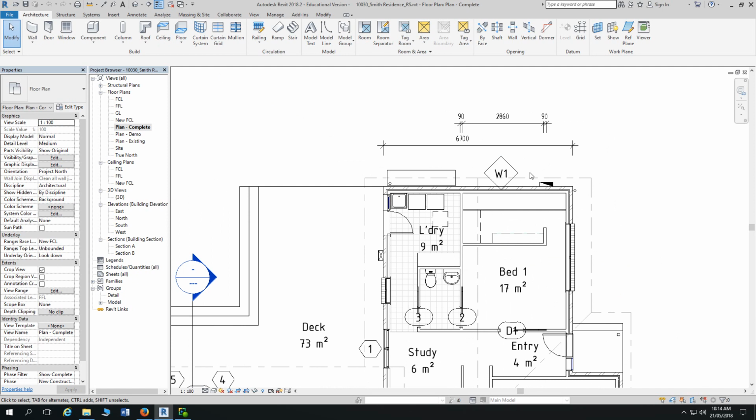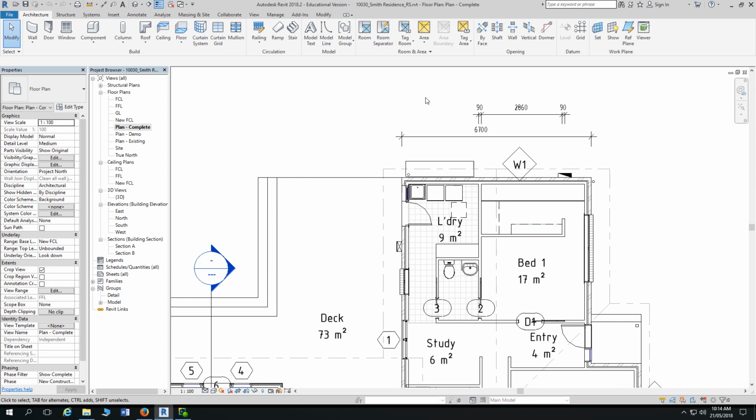So I think everyone put a few initial dimensions in up here on the northern side of the building. Now, just a couple of things with dimensions. When you're actually dimensioning, it's important that when you are placing dimensions, you add them in a continuous run, so you don't stop and start. I mean, you can stop and start, but what I'm getting at is that if I was to add